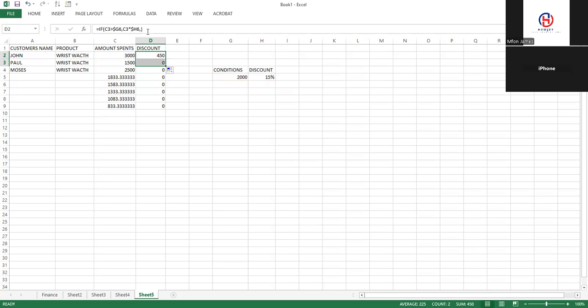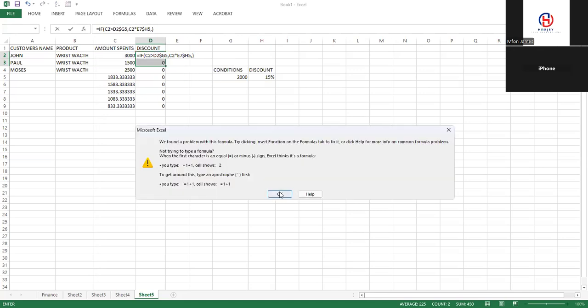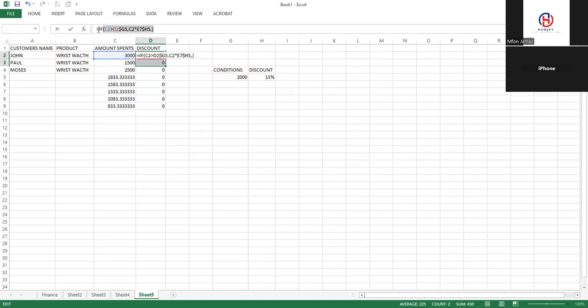What we want is to replicate this formula from this cell and move it to this one. Sorry, let me delete the formula again. So the formula is also equal to if